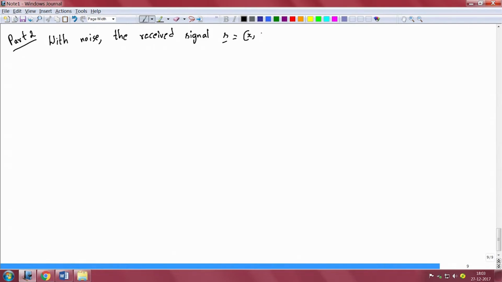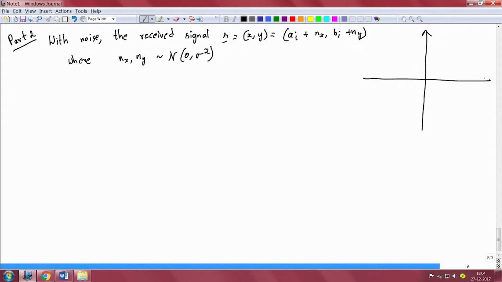If x comma y are the values, they are going to be of the form a_i plus n_x comma b_i plus n_y, where n_x and n_y are Gaussian noise samples with 0 mean and variance sigma square. So, essentially what it means is we have these 4 signals